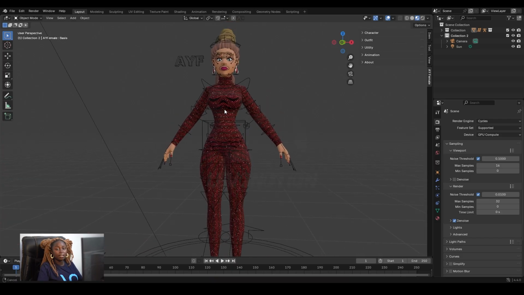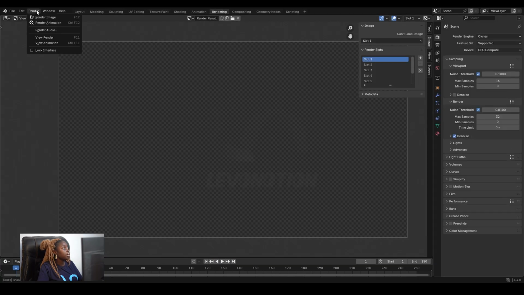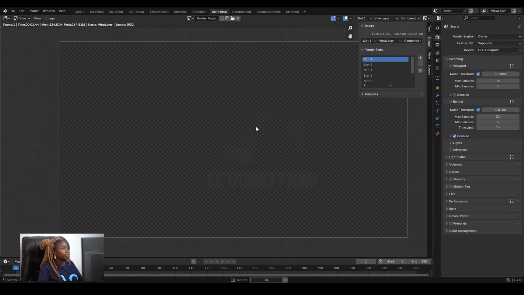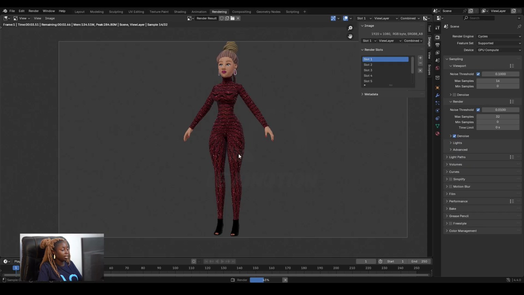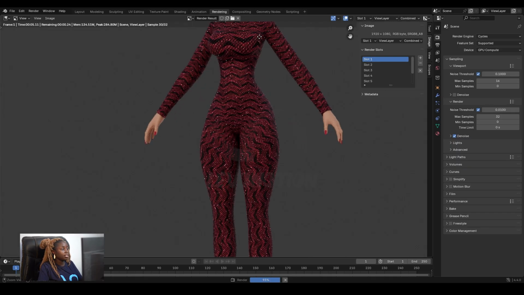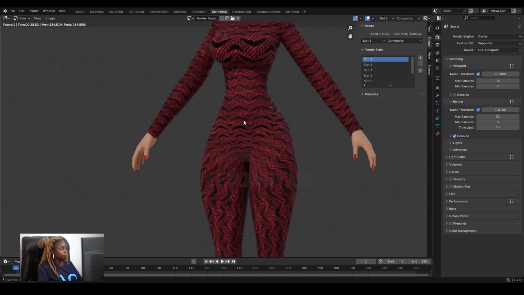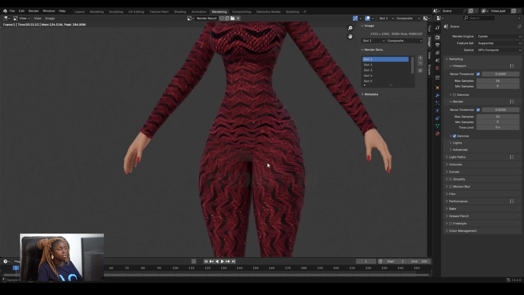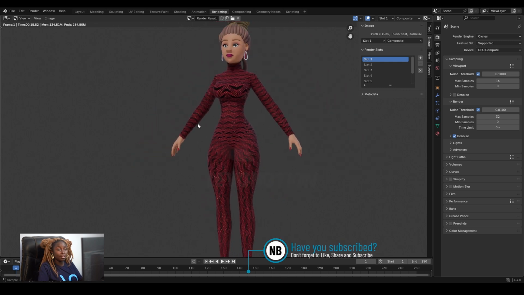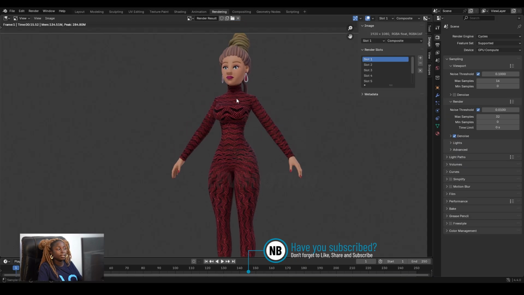So now I have this character linked into this scene, and let me do a test render so you can see. And I'm rendering out the character, and right now you can see the glitter, but after denoising, it's taking a while because of the recording. So after denoising, you see it's not looking so good. The glitter is gone, and to activate the denoising on just the body and leaving this outfit out, you go